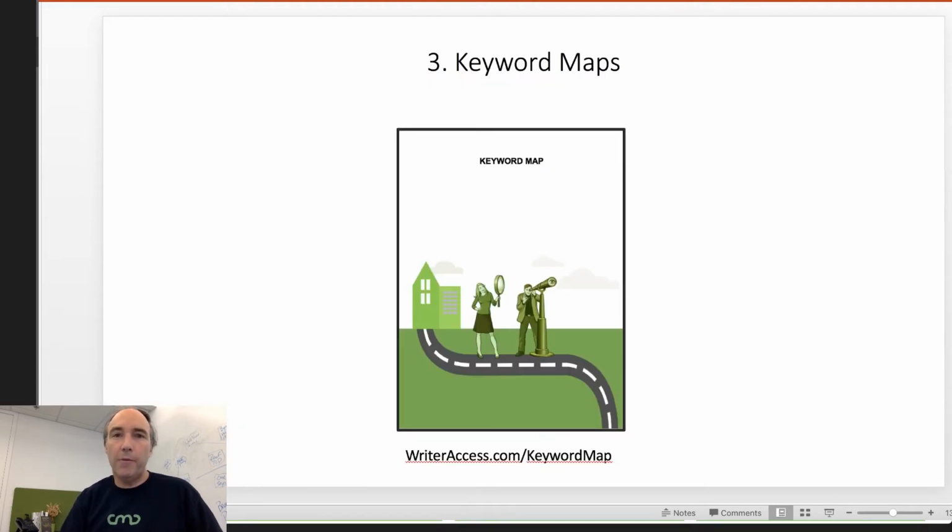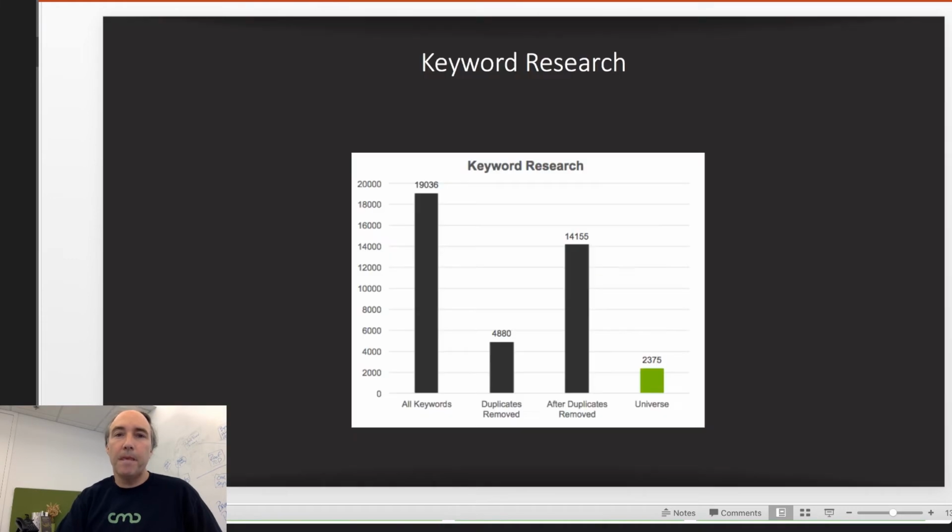The next thing I want to look at real quick is keyword maps. Keyword maps are difficult to produce, and do require a little bit of research and knowledge with software tools like SpyFu, but I think they're necessary to learn what people are searching for, so you can be found in the search engines. So here's an example where we went in and did some research, found 20,000 keywords using some really cool research tools that I'll show you in a few minutes, and then we removed the duplicates, and after we removed the duplicates, we were left with a keyword universe of a couple thousand keywords.